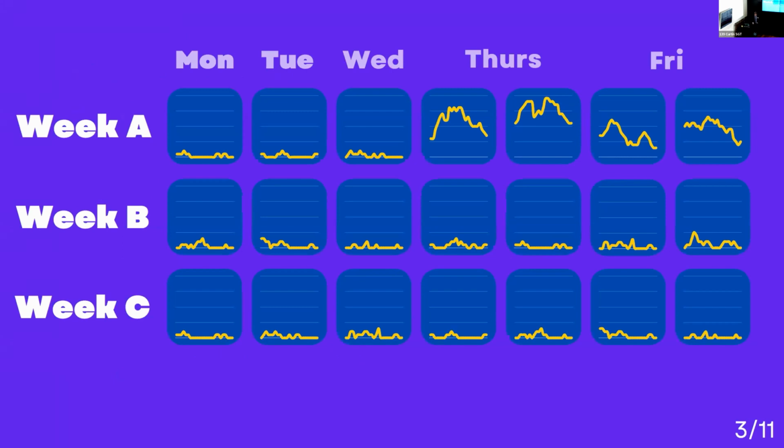So this data here is showing what I collected. These yellow lines show the size of the student queue in a classroom over time. Each square corresponds to a 2-hour class. And you can see the size of the queue increases and decreases as students ask questions and they get answered. What you notice is something interesting about week A. What's going on in that top right-hand corner? Well, I can tell you that is when an assignment is due.